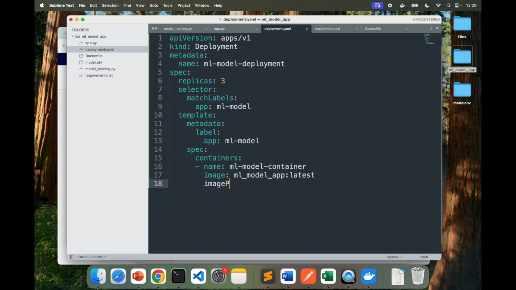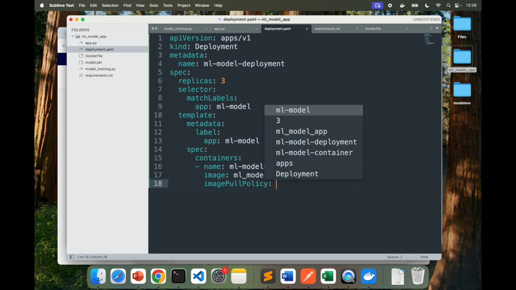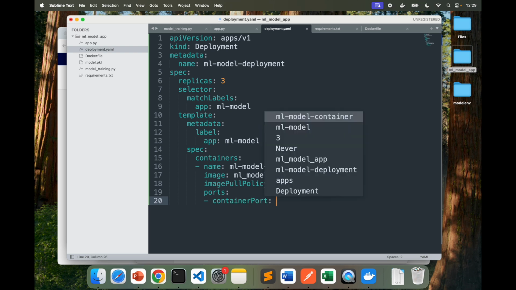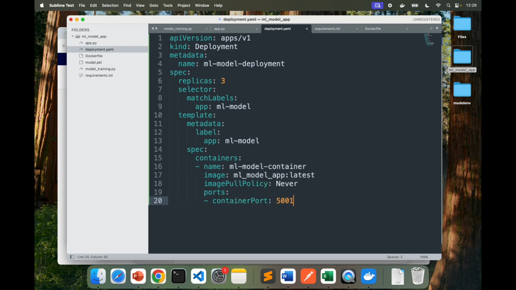Image pull policy is equal to never, and then ports equal to, sorry, container port, and if you remember this, we used 5001.